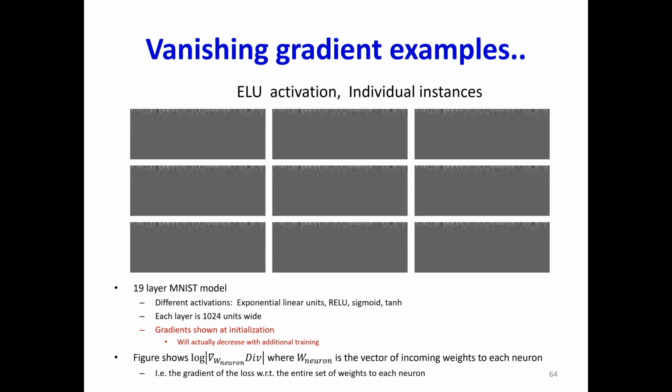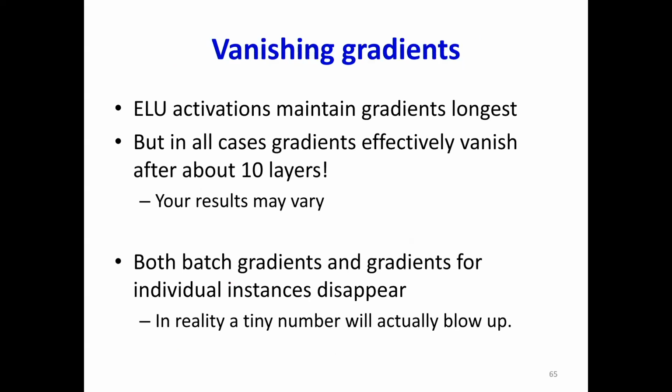It means that there's going to be just one single term in the entire input layer, first hidden layer, which governs the behavior of the entire network. If you perturb that a little bit, the output is going to change like crazy. The rest of them, you can perturb them as much as you want, the output really will not change. This is really not going to give you a very good network, and it's not going to help you train your network, right? So you have vanishing and exploding gradients, and this causes problems with training.